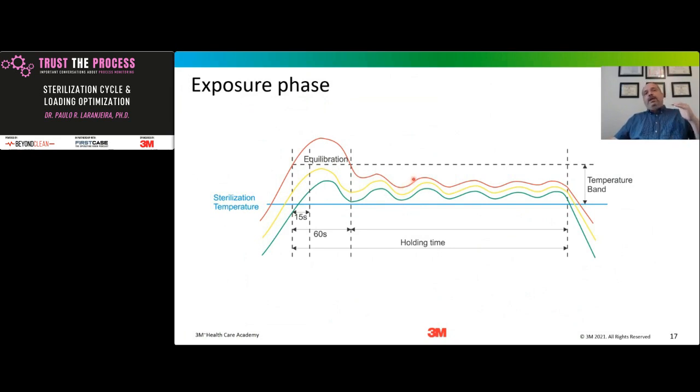So when we condensate, when we have a temperature reduction, that condensation is going to create latent heat, and 80% of the energy used to evaporate the water into steam is going to be transferred to the medical device, inactivating the spores. And this is going to happen many times during the exposure phase until I have reached that 10 to the minus 6, which is the possibility of having one viable spore in the initial population of 1 million. So this exposure phase is fixed.